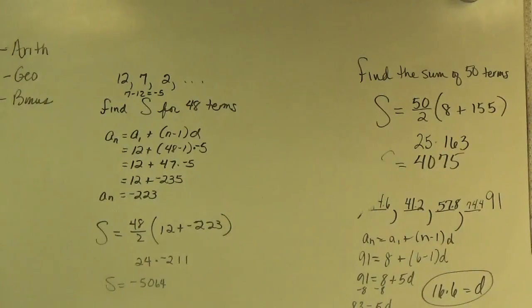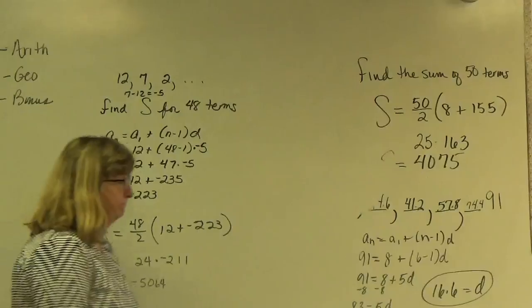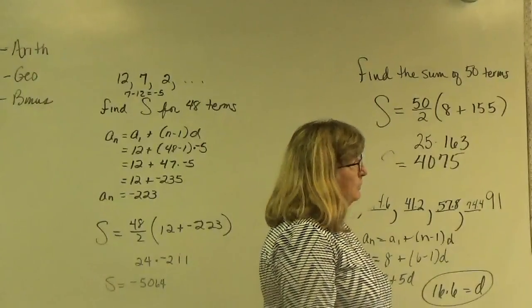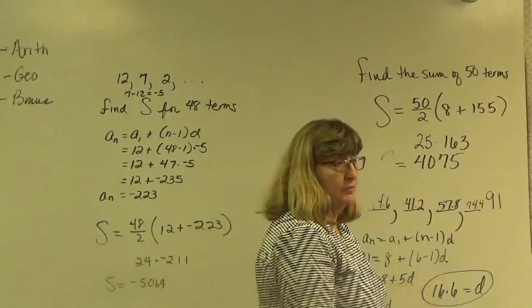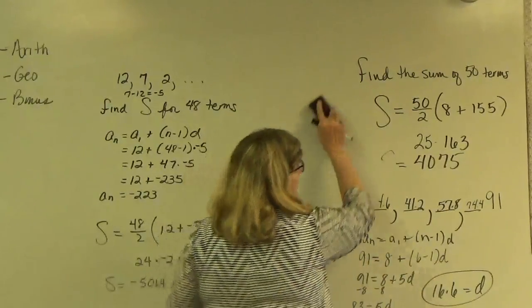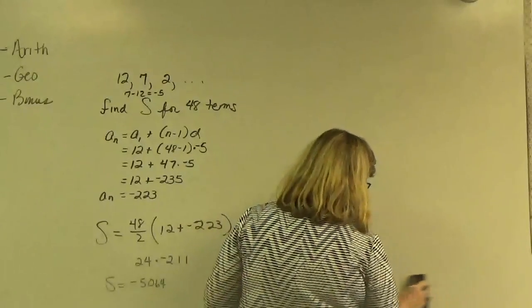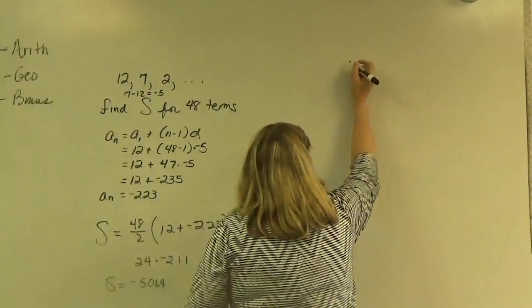Okay, on arithmetic. Now geometric is the one where you multiply to get the next term, but it really can be done more by common sense than by the formulas, except for the ones that say find the means. Then you do need a formula. Okay, so let's say I have